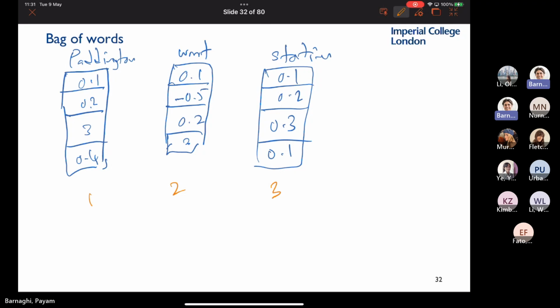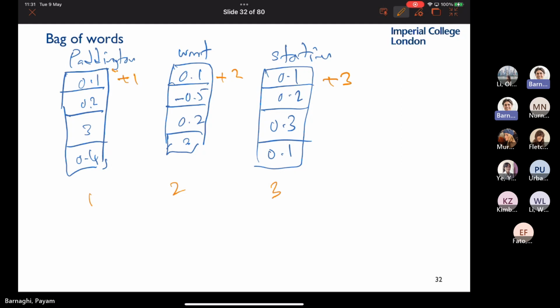We need to somehow add this. One way of doing it is to just add the order to the value of this. The positional encoding people took this approach. They said, add the value to this: update the embedding by its position. If it's 1, just add 1 to the value. They started very simple, and you'll see it works.